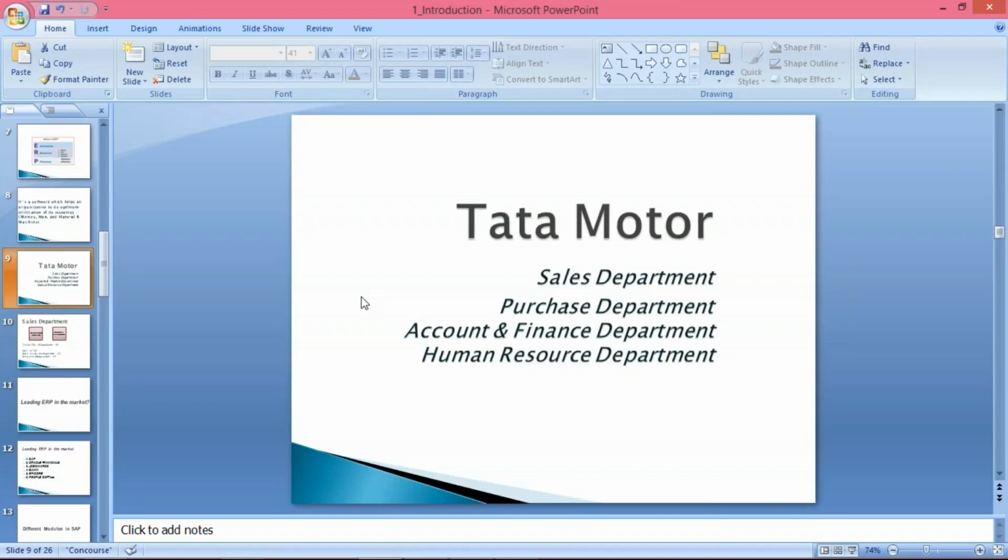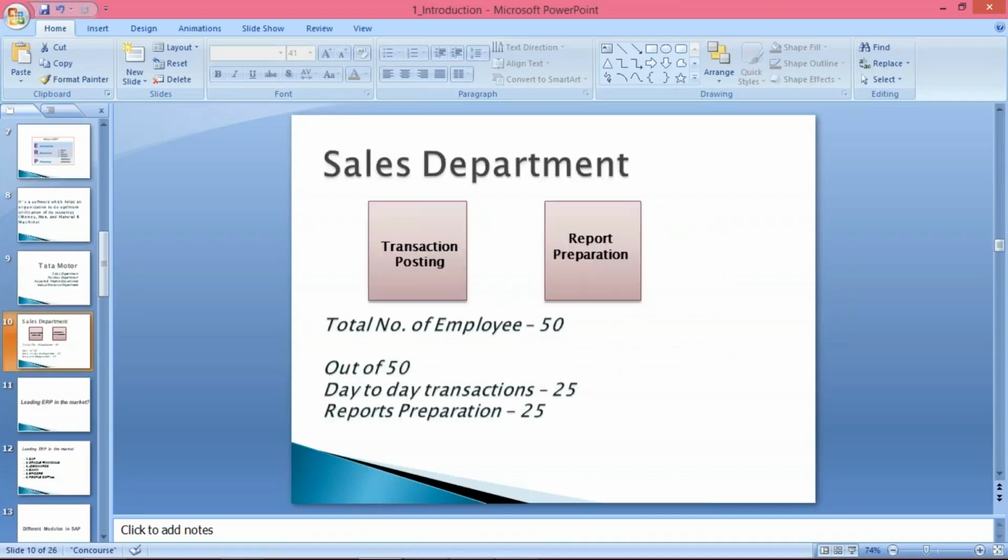Take the example of any department. Say, for example, I have taken the sales department. Now in the sales department, just assume what used to happen 30 years back, or 40 years back, when computers were not much prevalent in the market. Every organization, as I said, 30, 40 or 50 years back, used to maintain books or registers. So in companies also, they used to maintain several different kinds of registers.